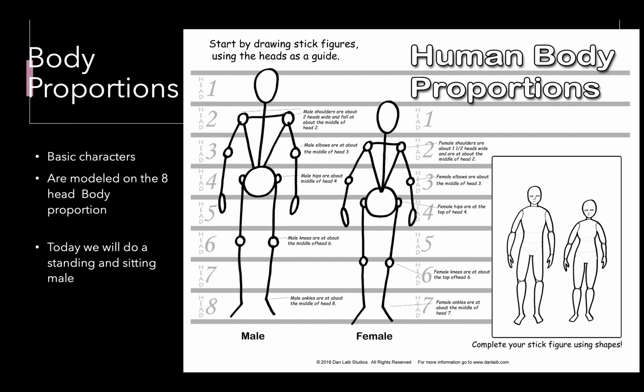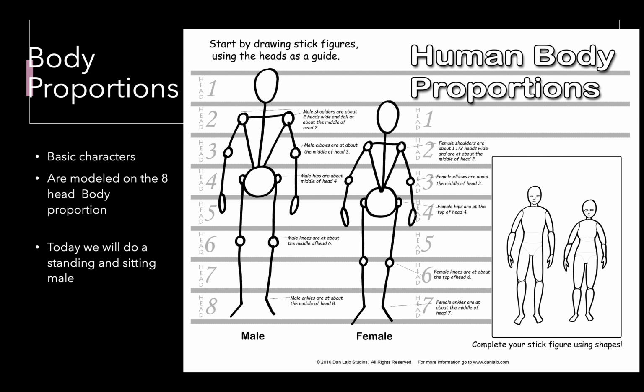So as we can see here, the head is usually about 1 head high, because we're talking about heads. So is the head going to be 2 heads high? Sometimes, and that's tomorrow. But male shoulders are usually about 2 heads wide. Each section of the arm is usually about 1.5 heads. Upper torso fills out down to 3 heads. The hips are basically roughly about 1 head high. And then what happens is that the legs,